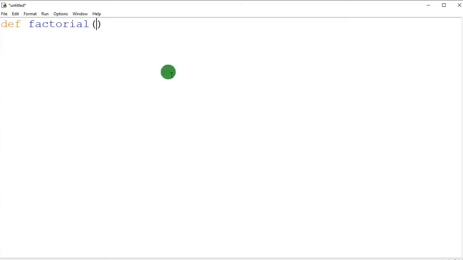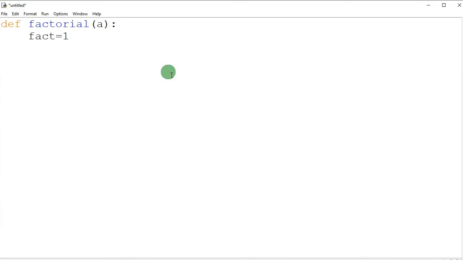Then I am passing the parameter a. You can take any other variable also, and then just put a colon at the end. Now come down. Another variable I am taking is fact, which is equal to 1. After doing this, don't think about how to call the function, just focus on how we can calculate factorial.